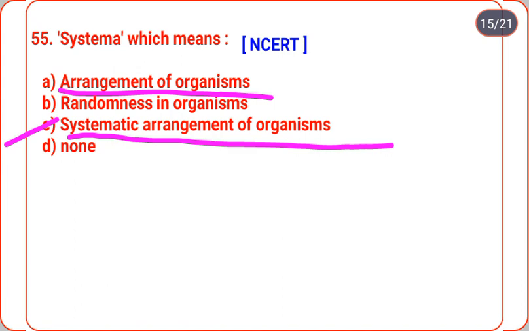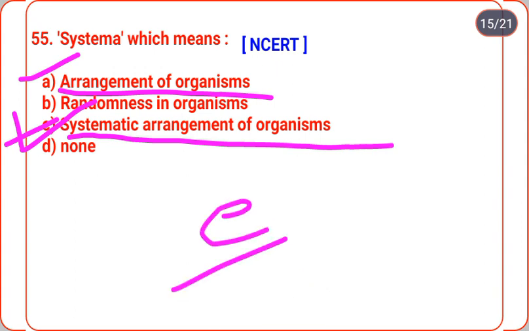For this we should read all the options in the exam hall, so that we can easily find our correct option. Both are correct, but option C is more correct. So here our correct answer is option C, systematic arrangement of organisms. Systema means systematic arrangement of organisms, that is from the NCERT book. Okay, next,